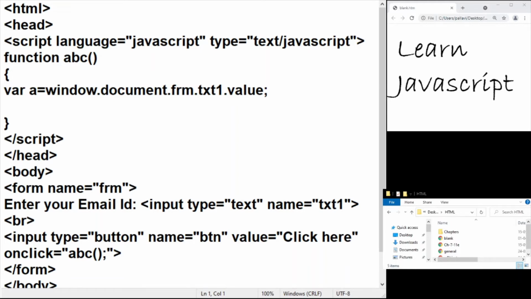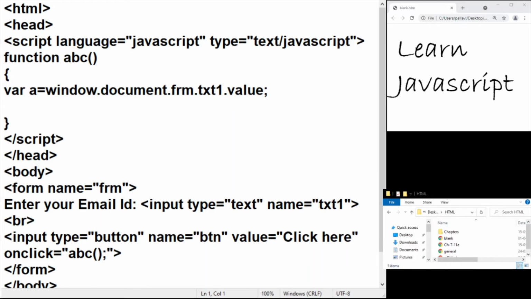So for now, I'm solving the same definition again. That is to check whether a string contains the at the rate character or not. And I'm going to use the replace method. Wondering, why replace method? What does a replace method do? Replace method is actually going to replace something with something else. How is it going to be at all helpful in finding out whether there's an at the rate or not?